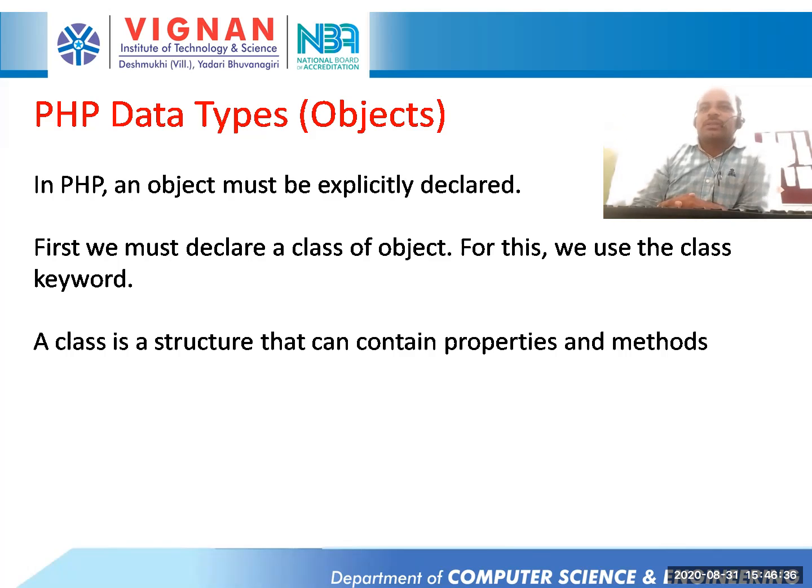A class is a structure that can contain properties and methods. Already explained. An object is an entity which has some properties or attributes and operations. These properties or attributes are members of that object, and methods are operations which are to be performed on those properties, right? So before creating an object, we must declare a class, then create an object. For example, if you are familiar with object-oriented programming languages like C++ and Java, in C++, first we declare a class, then we create an object here.